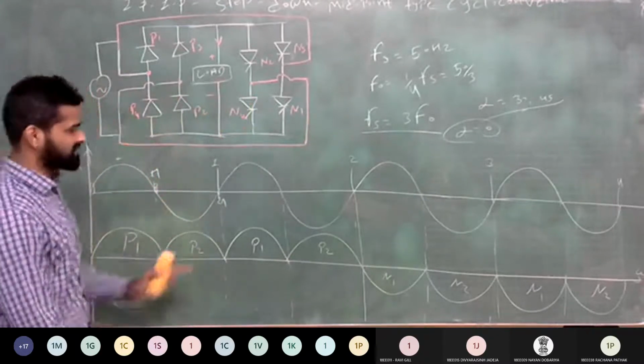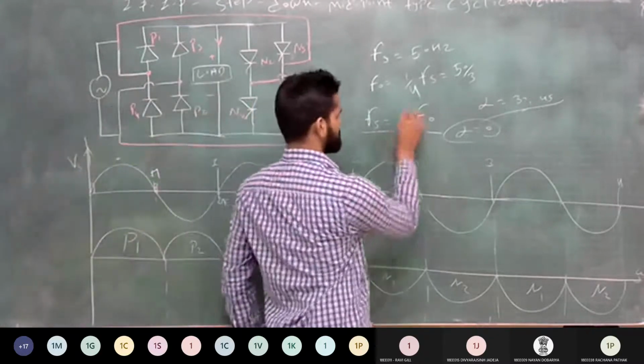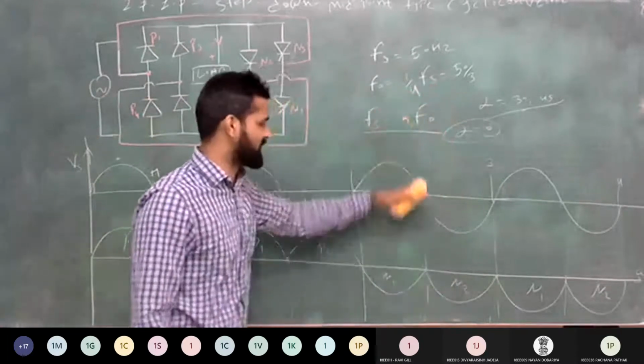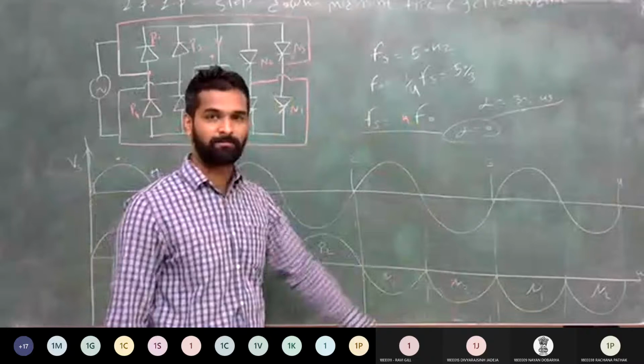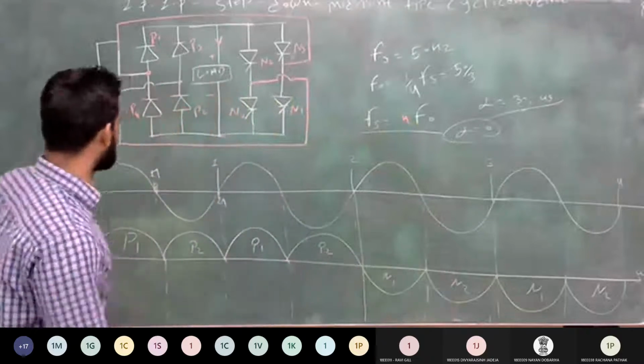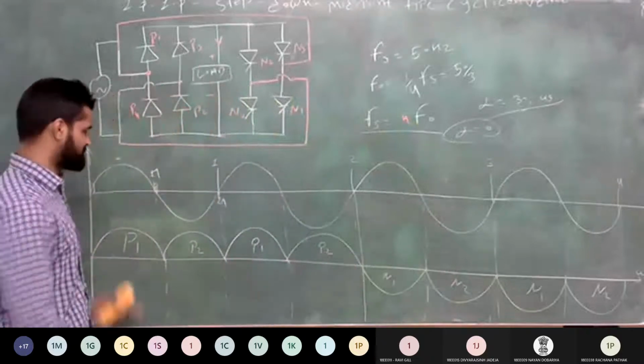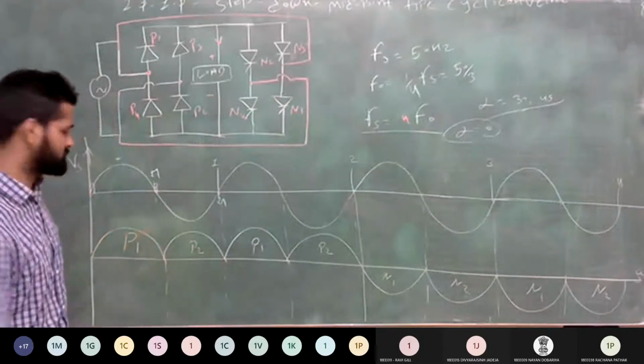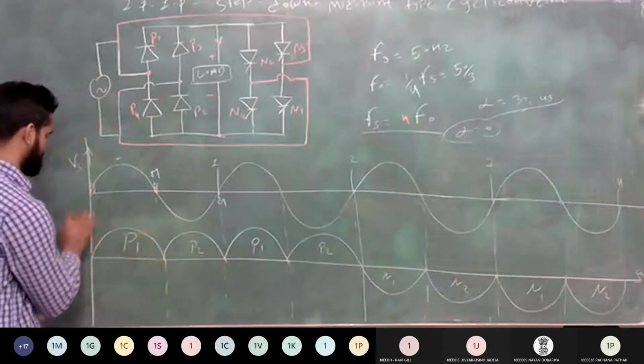So now tell me, for the same frequency, the output frequency is 1 by 4 times Fs. It is for the same waveform. Which thyristor will I turn on, in sequence? First, the positive cycle of your supply. Which thyristor here will I turn on so that I get the positive voltage at the node side?